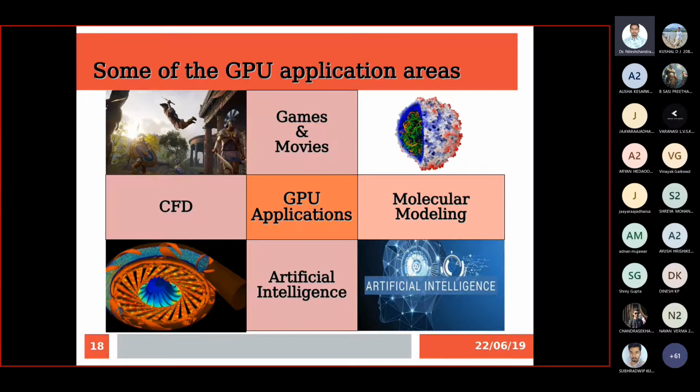For that also, computing power is demanded, so GPUs can be utilized. And the most prominent domain is AI. Without GPUs, we cannot even imagine AI would have existed. Most deep learning training and inference nowadays is performed on GPUs. So these are some application areas.